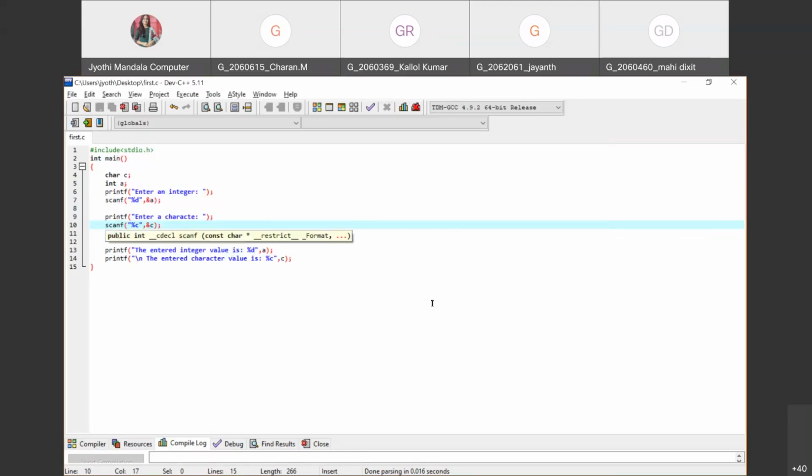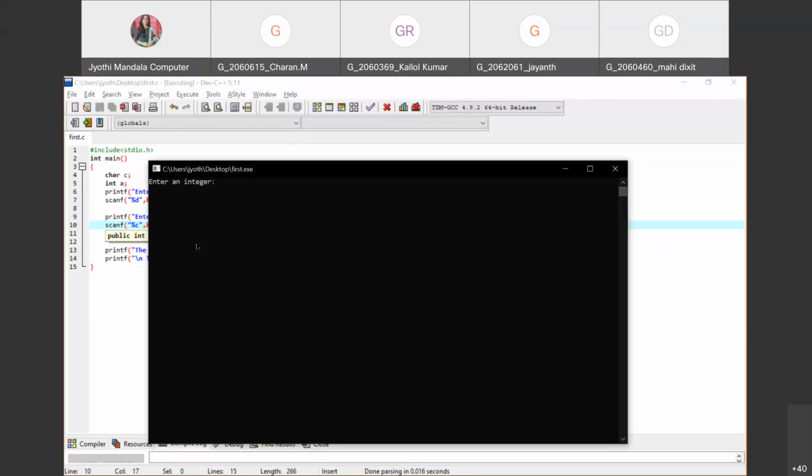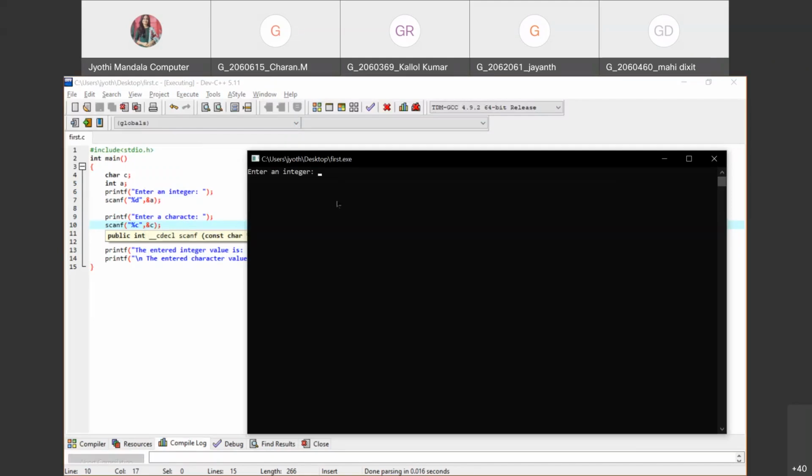The problem behind this one is, let me show you the output once again. Whenever you are entering the integer value input, according to our program, we have to give the integer value first. So 12 is given. After giving 12, what are we doing? We are pressing the enter button. Now, whenever you press the enter button, what happens? This enter key is also considered a character, and that will be stored in an input buffer.